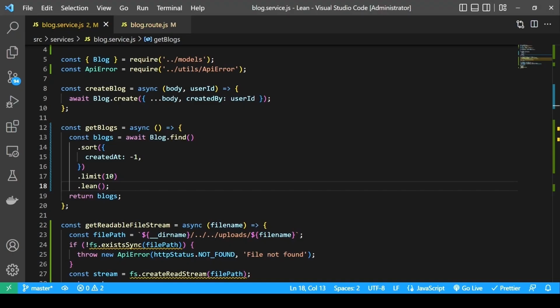So the lean function makes sure to return plain JavaScript objects instead of Mongoose documents. This is particularly useful for reducing memory usage and improving performance when you don't need Mongoose's full document functionality, such as getters, setters, virtuals, and methods. On the other hand, when you execute a query without calling lean, it returns a Mongoose document, which has a lot of additional methods and properties added by Mongoose. The lean method tells Mongoose to return a plain JavaScript object instead of a Mongoose document, and that's what makes it